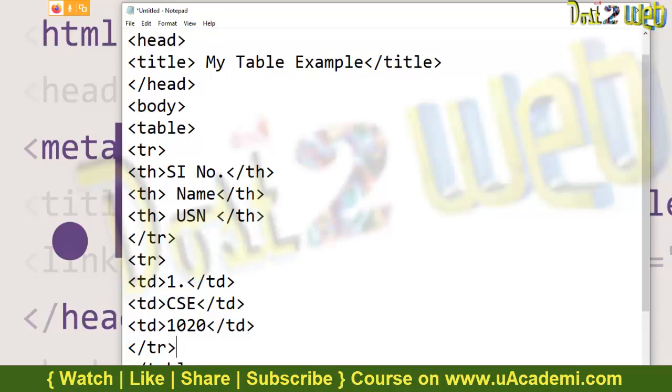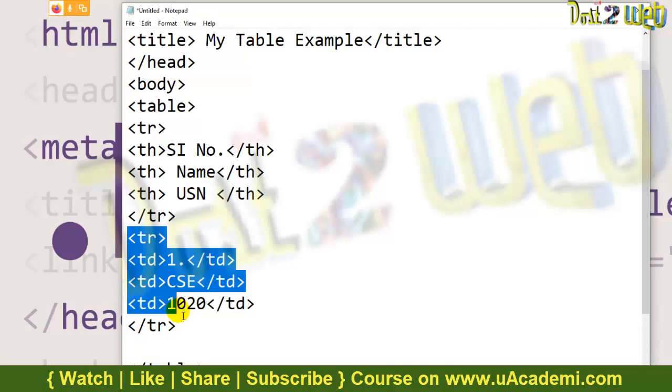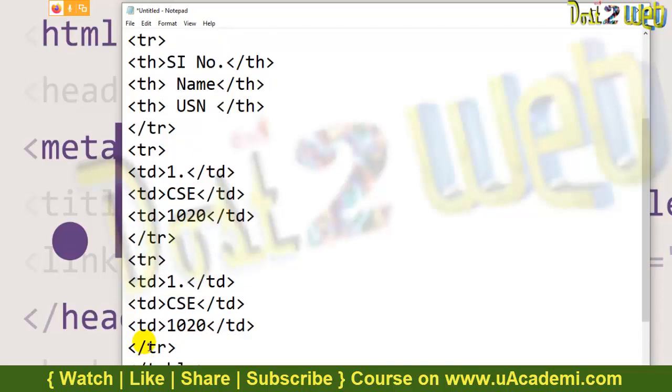This is done. If you need multiple table rows, you use the same things in a similar way with different data. I'll use CSC, then mechanical, and I'll change this number to 1 and this to 2. The table row is closed, everything is done.